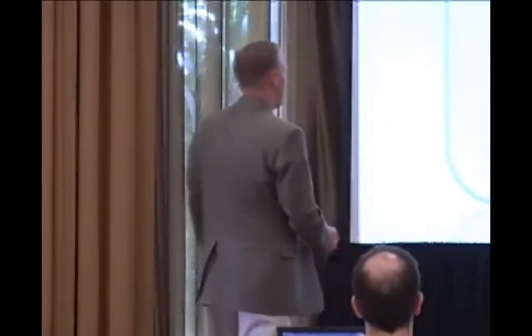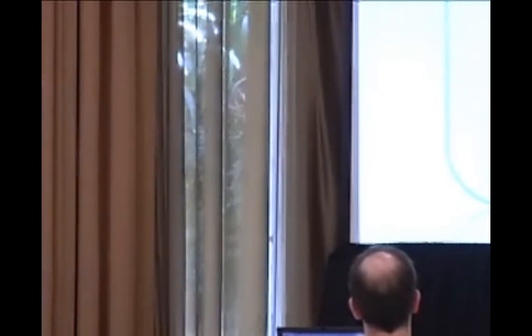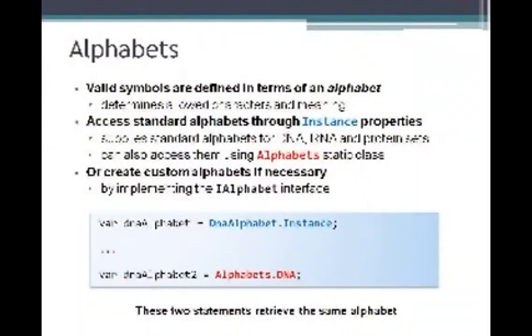All of those are exposed through the alphabets collection, which is at the very top. Those are the core elements that you will typically use in every MBF program, no matter what you're doing. You're going to do something to either generate or load a set of sequences. You will manipulate those sequences via sequence items, and often the sequence items are correlated to some specific alphabet. So let's start with alphabets.